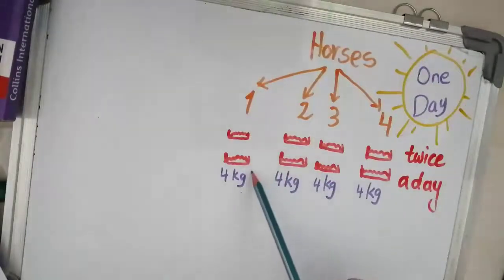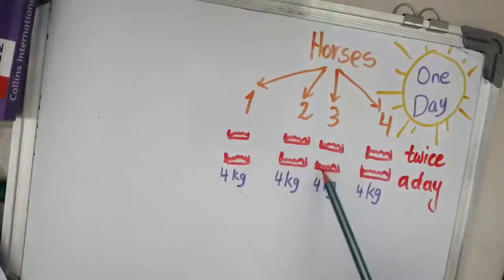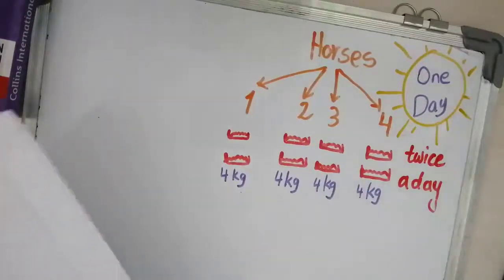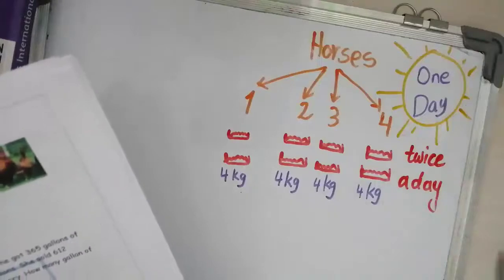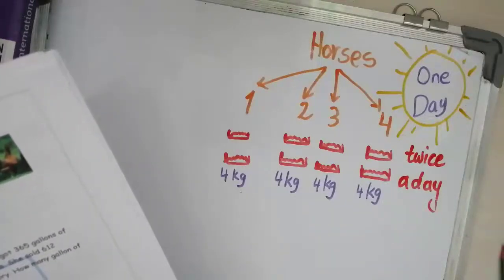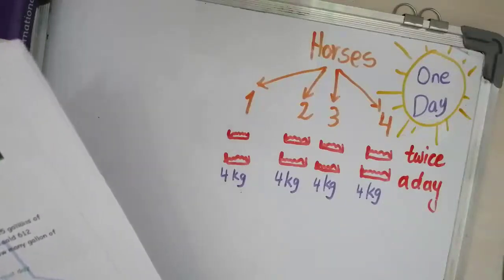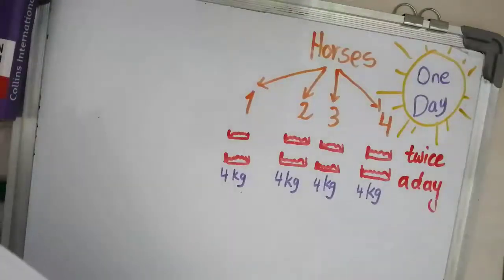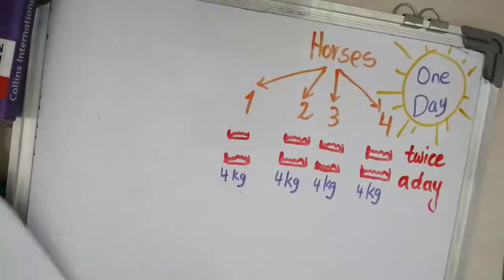So each horse will have 8 kilograms of oats in 1 day. Then the question said, how many kilograms of oats does he need to feed his horses for 3 days? First of all, let's figure out for just 1 day, and then we can know the answer for 3 days. Okay? Now,